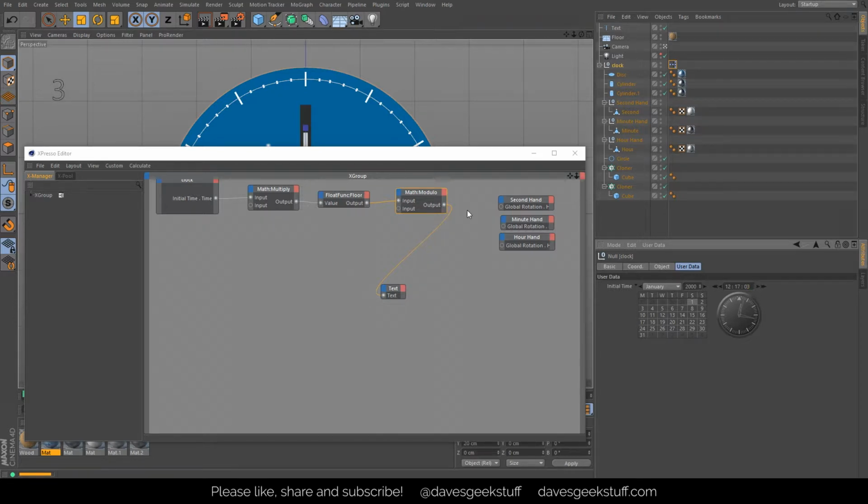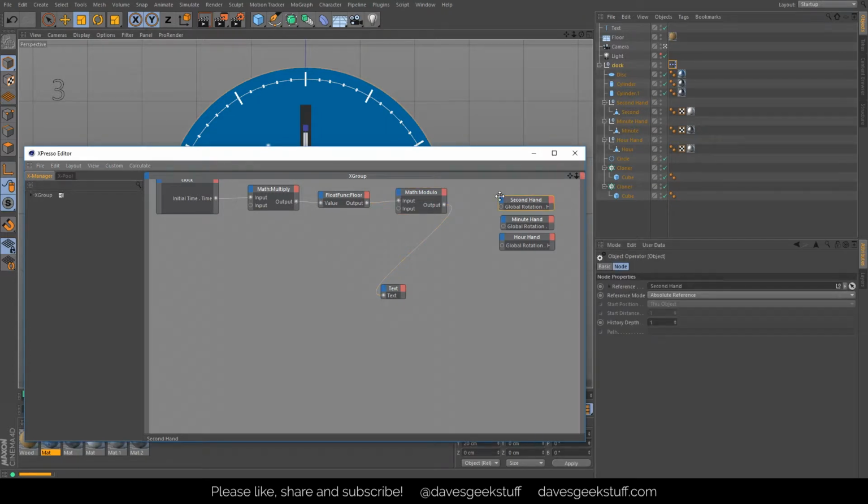Now how do we connect that up to the second hand? Well, the input in that you would expect to be in degrees, 360 degrees, and actually it's in radians. So basically there are 2 pi radians in a circle. So we need to split 2 pi radians up into 60 pieces and then multiply it by the output of this modulo. So what I need to do is multiply the output here by